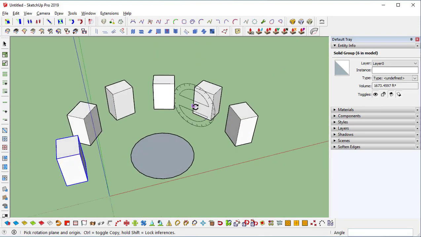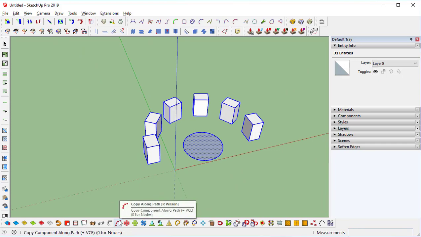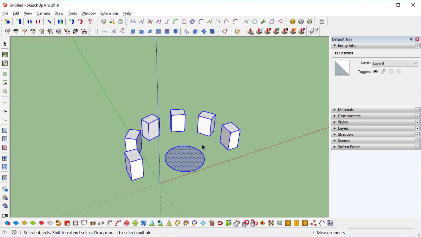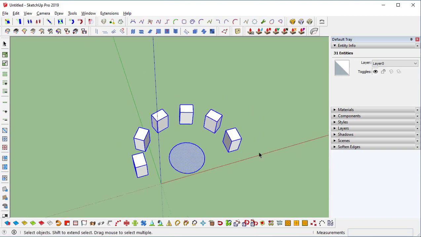Either way you can make the multiple copies. We have other copies like copy along. While we discuss these plugins, I will explain later. With default SketchUp we can do multiple copies, both angular and linear.